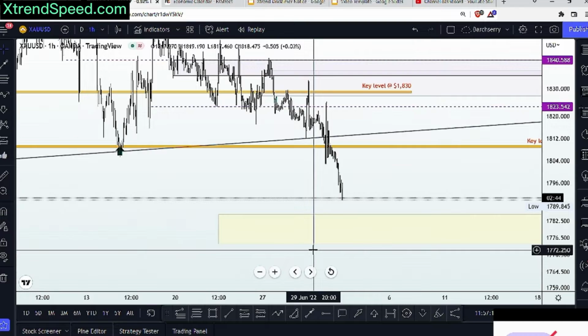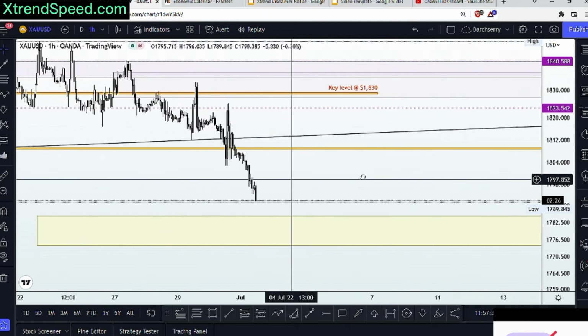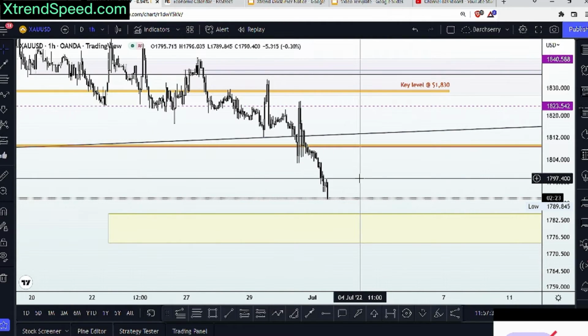So I'll be advising that whatever profit you have at this point in time, it's advisable that you move your stop loss accordingly so that you can lock in some profit. You don't want to get caught in an unnecessary spike back to the upside. So lock your profit in, aim at your take profit target, and let's see how price plays out during the